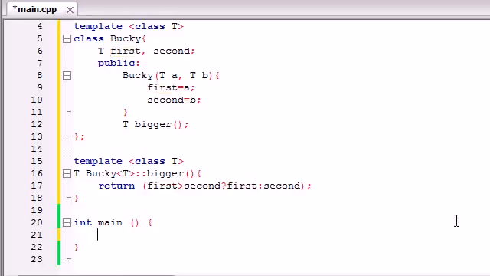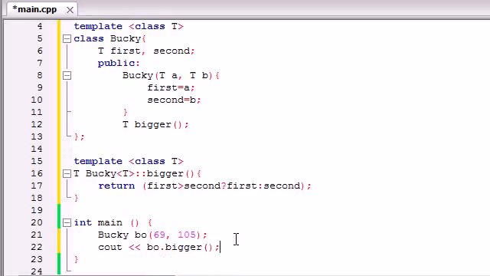So now let's go ahead and make our Bucky object and run this, and let me show you guys how it works. So if you think you guys know how to do this, you don't, because there's one other little weird thing that you have to do. You go ahead and make your Bucky object just as you think you would. And since this is a constructor that takes two parameters, first and second, we need to give it its two numbers like 69 and 105. And now after this, we can go ahead and cout